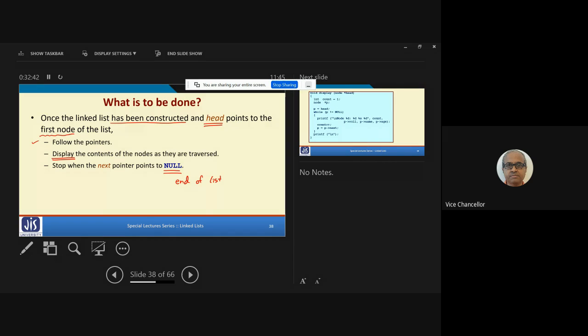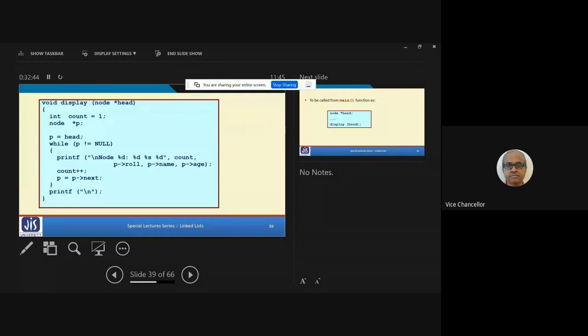Let us straight away go to the function because this is a relatively easier function. And in fact, this is the same function as what we saw last day. Almost the same function. Let's take an example that there are 3 elements in the linked list which we have already created.